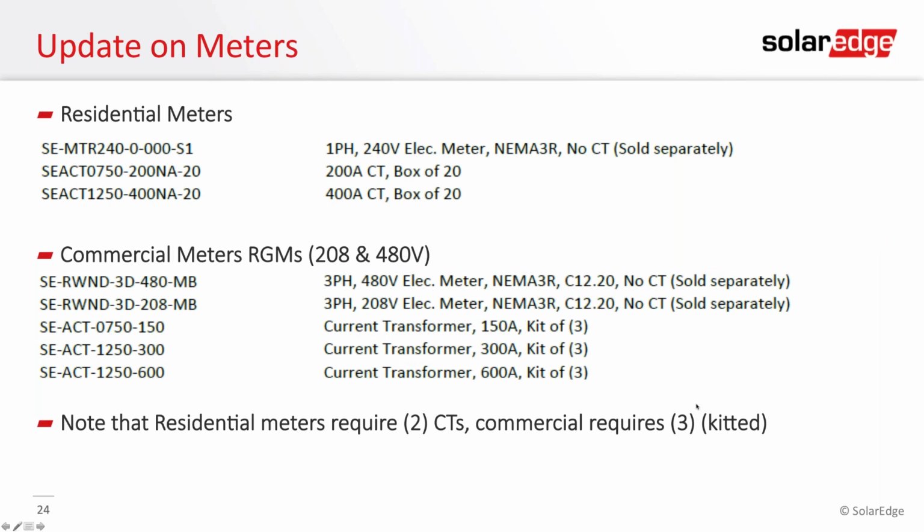Okay, so residential meters, as we mentioned, we've got 3 part numbers now. This is the meter itself, the SEMTR 240. This is available now. One thing to note on this: the data sheet for this product is currently in the process